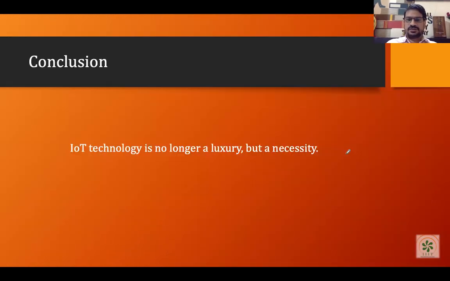So that's it for today's lecture, the introductory part of IoT. I can conclude that IoT technology is no longer a luxury, it is a necessity. In today's world, we require the IoT infrastructure. It is very useful, as you all know, and it is an integral part of our daily life. Right now, this technology is not a luxury, it is a necessity. So that's all from my side. So I'll hand